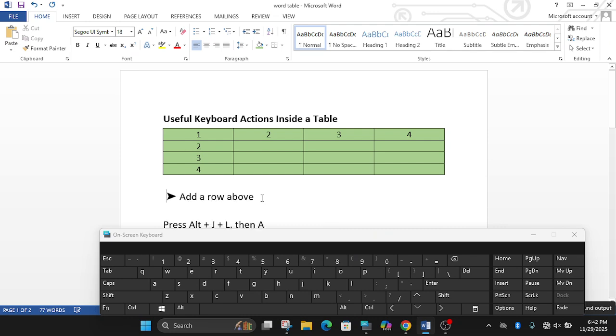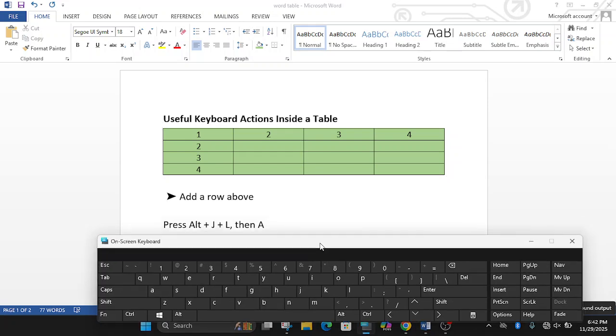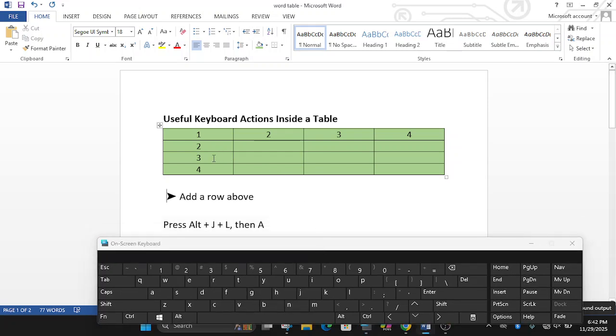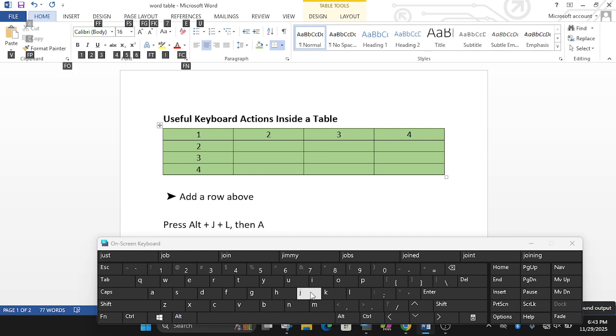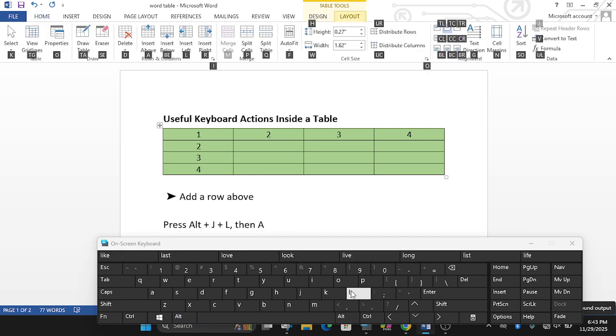What about adding a row above using the keyboard? For instance, I want to add a row above 3. Press first Alt plus J plus L. Alt J L. Finished. Now it is ready.